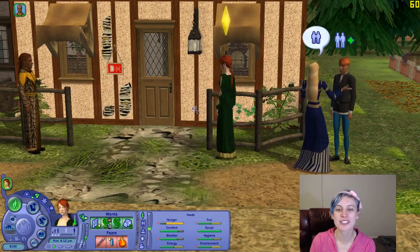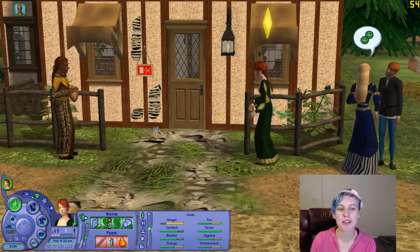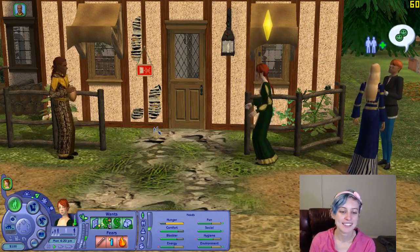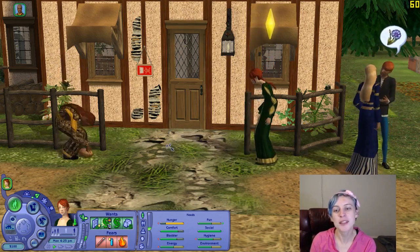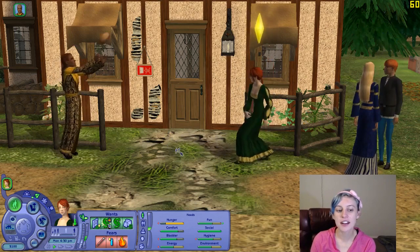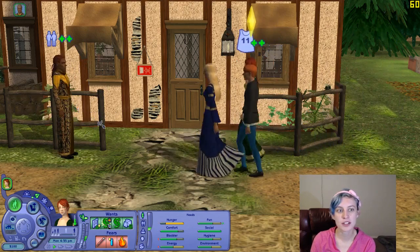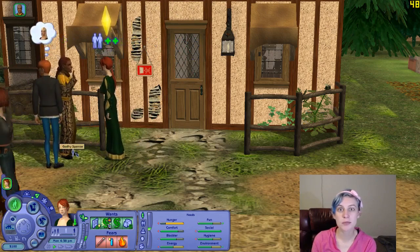Unfortunately, he's not an option, so he's just a placeholder sim until we have a real nobility, a real royal family. So keep dreaming there, Adelaide. That's not gonna happen. Okay, Adelaide's getting hungry, so let's go ahead and have her say goodbye to everyone here. And she's gonna get a little bit of a snack, but then we'll go ahead and jump to the church